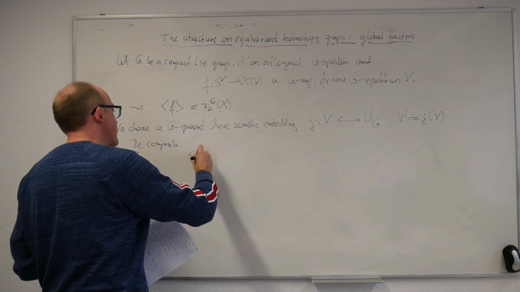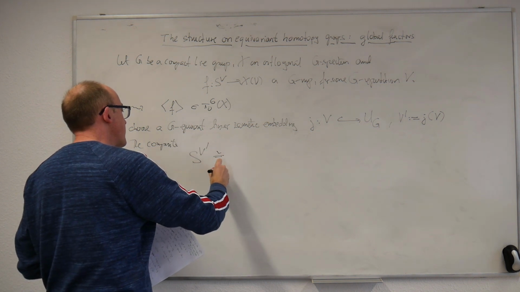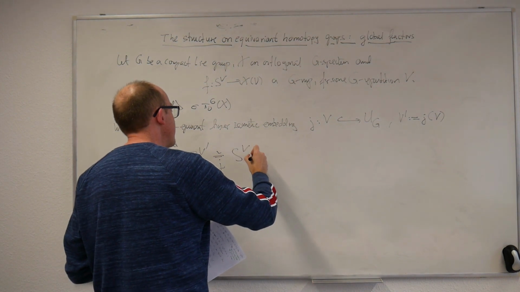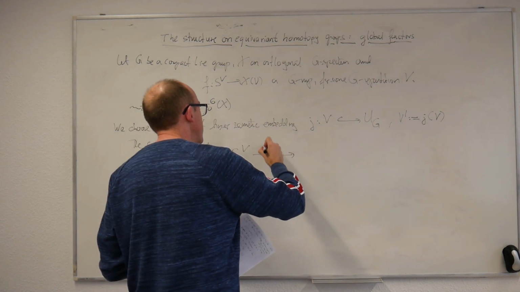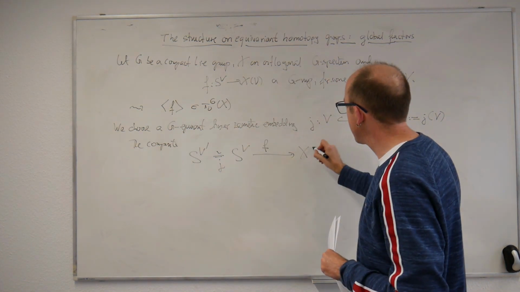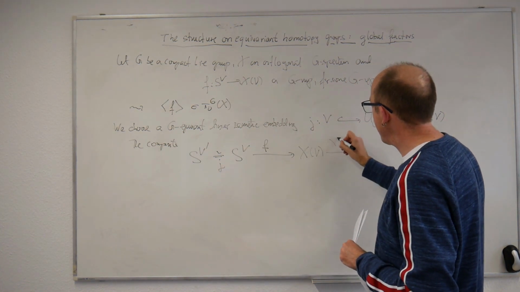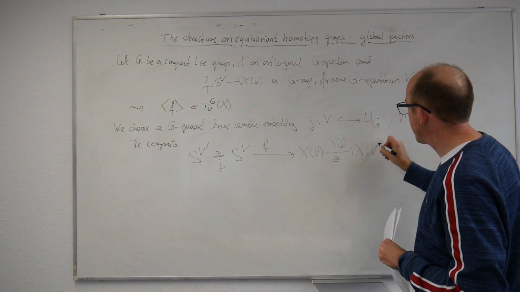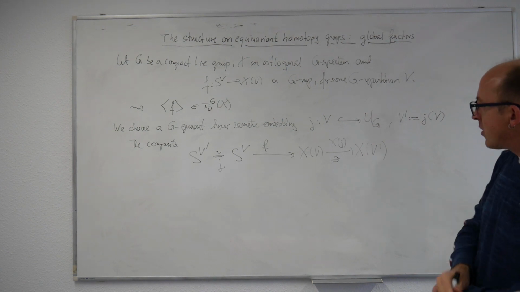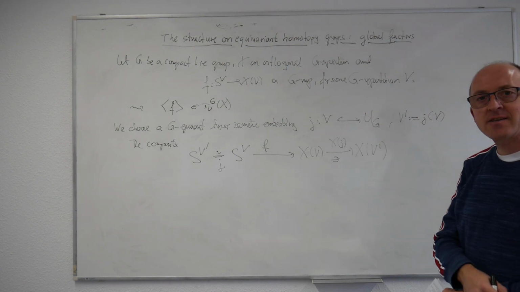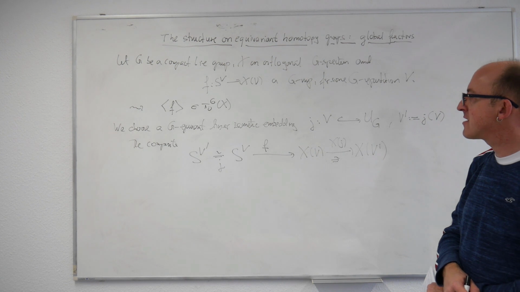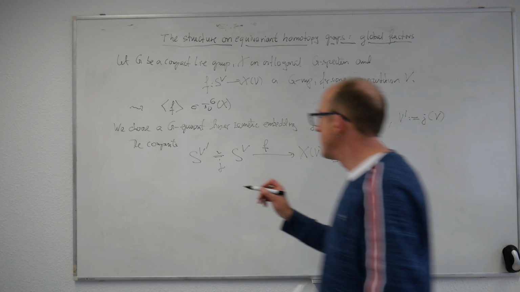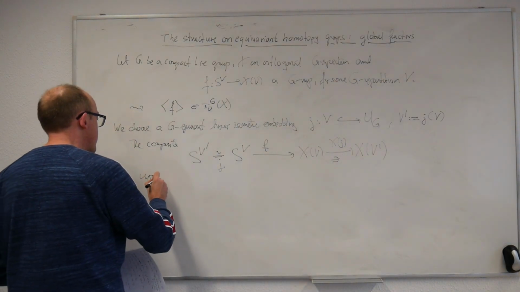I can go from S V prime via J, or rather in this direction it's going to be J inverse to V, and then I go via the map F to X of V, and then I apply X to the isometry J, considered as a map onto the image. And now this composite is a G-equivariant map, which exactly is of the right form to represent an element in pi0G, because V prime is a finite dimensional sub-representation of the complete universe. So this class represents